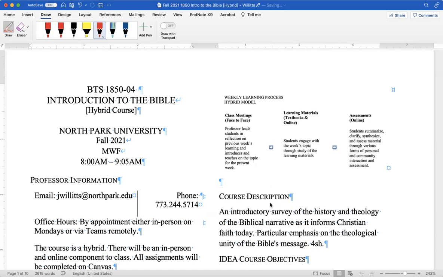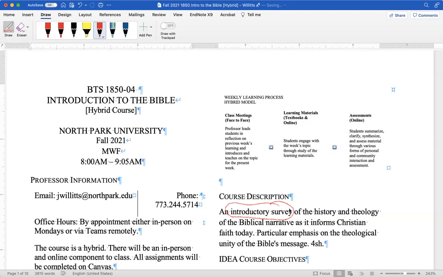that provide the foundation for how you should think about what this course is and what you should expect from this course. The first category is an introductory survey. The way I like to talk about it is my goal, my objective for this class, if I boil it down to one, is that you become conversant about the Bible, that you are able to have an informed conversation with someone about what the Bible is, how it got to be what it is, what it's about, and what Christians do with it,